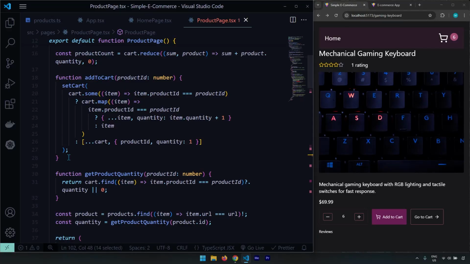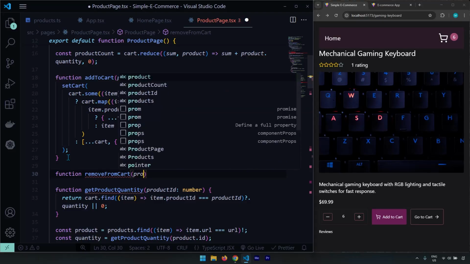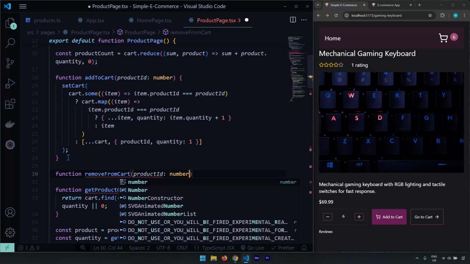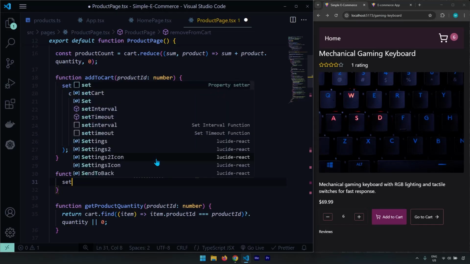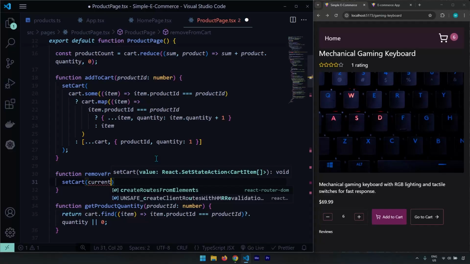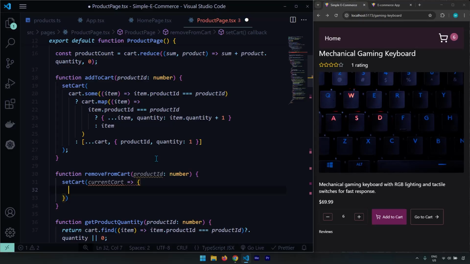So here we have the addToCart. Beneath it, I'm going to create a function that's going to be accepting a product ID with a type of number. So what do I want to do here? I will do something similar as I did above. We are basically going to grab our cart and we want to reduce one item, one quantity from a specific item. So let's select our current cart, and